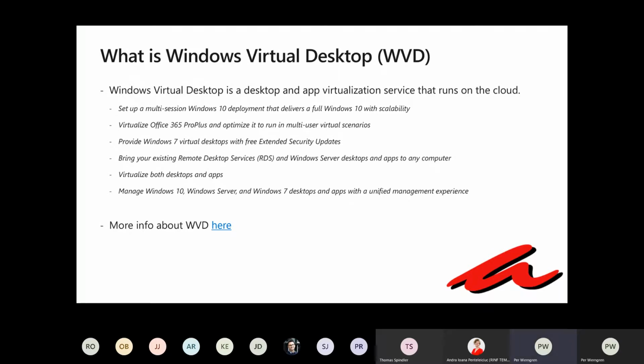And it can be, if you want it to be, evergreen. And by evergreen, I mean it can be always the latest Windows experience. Or you can freeze it because you might have applications that are not fit for always having the latest version of Windows, and you can freeze it to run a legacy version.